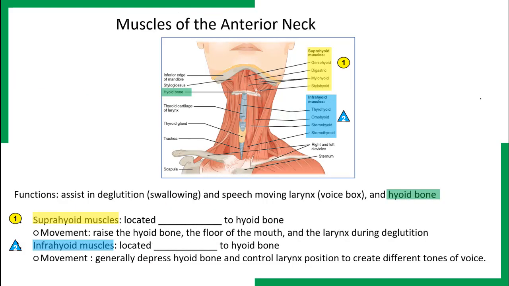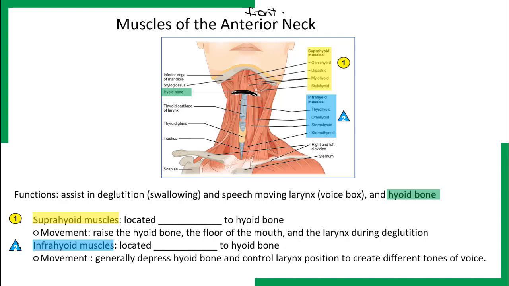When we move on next to the muscles of the anterior, meaning in the front. So these are the muscles in the front of your neck. So what you can see here is you've got the hyoid bone over here. And remember, the hyoid bone is the only bone in the body that does not have a bone-to-bone connection. And so what you can see here is that the hyoid bone is held in place with the help of